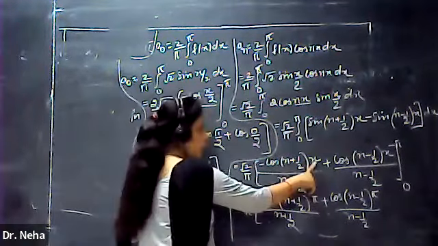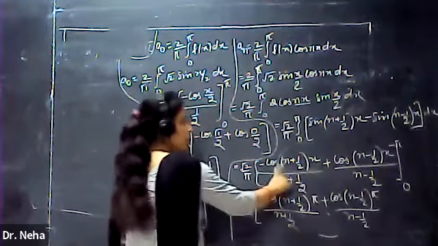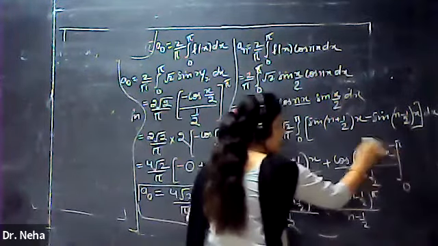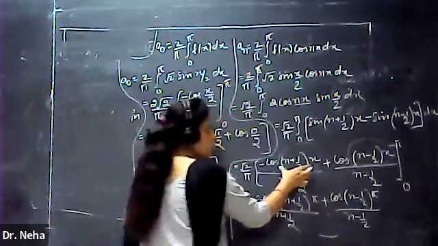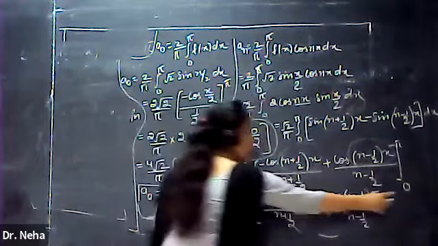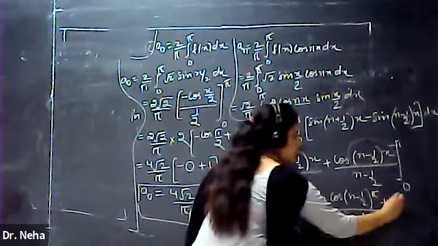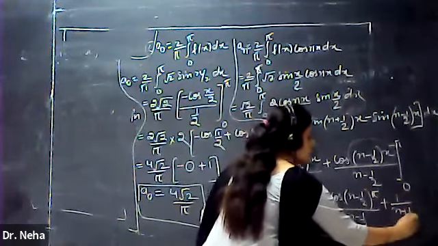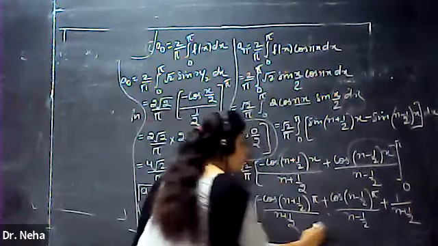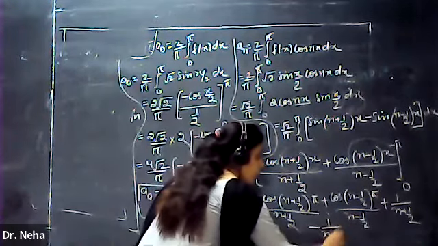Now see, when you put 0 over here, this complete term will be 0. 0 into anything is 0. And what is cos 0? It is 1, right? Similarly, 0 into anything will be 0 and cos 0 is 1. That means the numerator of both these terms will be 1. Now what about the sign? Since we are putting the lower limit, minus is already there, one more minus. Total will be plus 1 upon n plus 1 by 2. Again, plus is there and it will become minus. So minus 1 upon n minus 1 by 2.